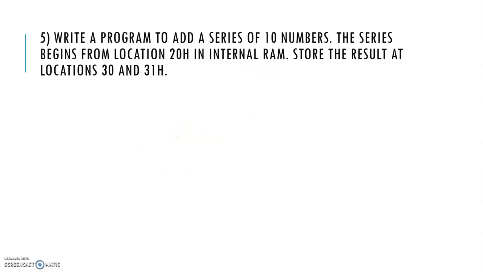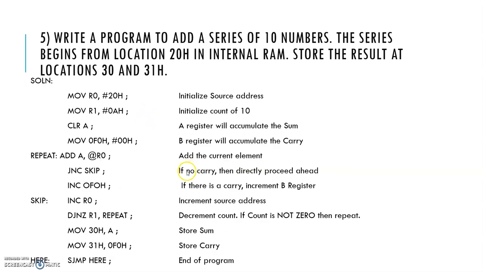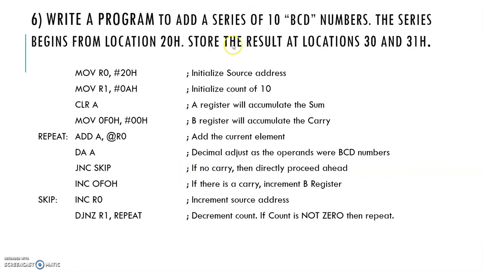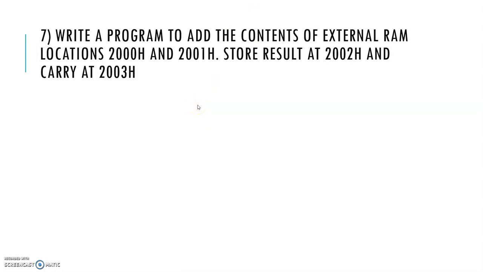The same thing, the first one, the former one was BCD addition. So in BCD addition, you need to add an extra step, that is decimal adjust after addition, the DAA instruction. For normal addition, we don't need a DAA instruction. So try to do this program by yourself. It's very simple, the same thing that we discussed here itself.